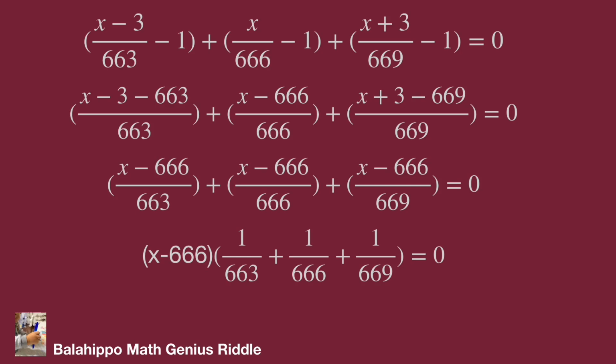Factorization, we get (x - 666) multiplied by the quantity 1/663 + 1/666 + 1/669 equal to 0. Eliminate the second quantity. We get x - 666 equal to 0. So x equals